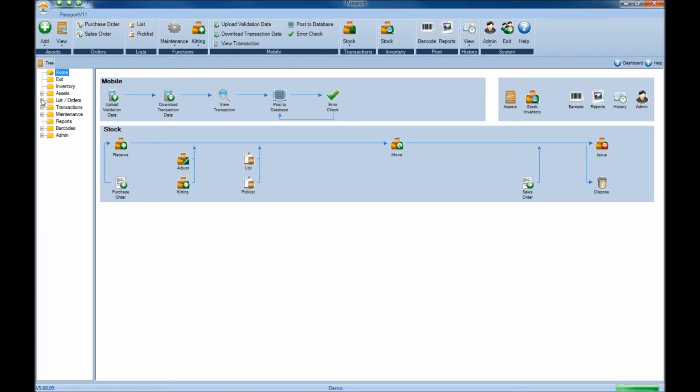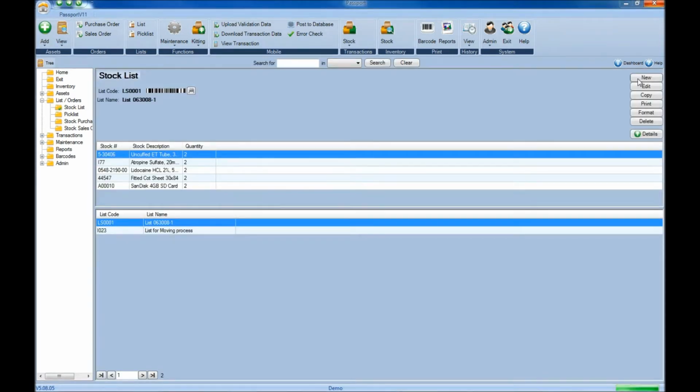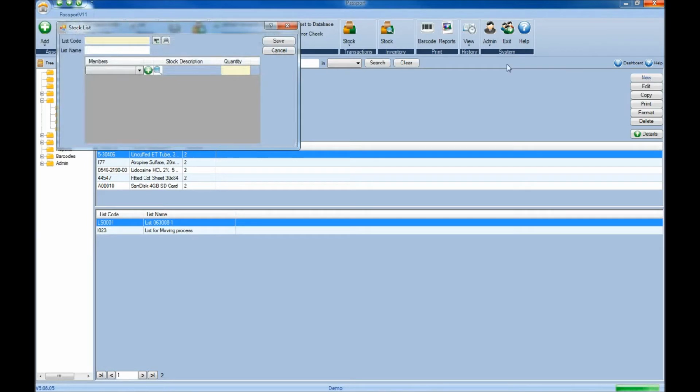or by selecting the list/orders folder in the folder tree and choosing stock list, or finally by simply clicking the list icon that's located in the lifecycle. Once in the stock list screen, you can click the New button in the top right, and at that point